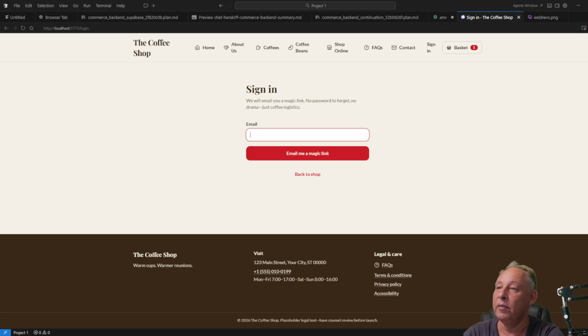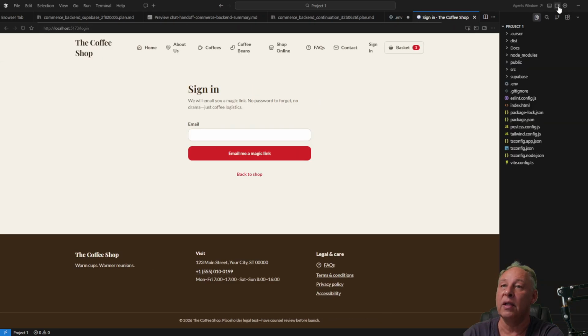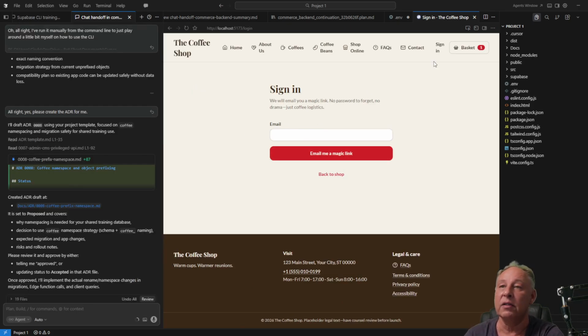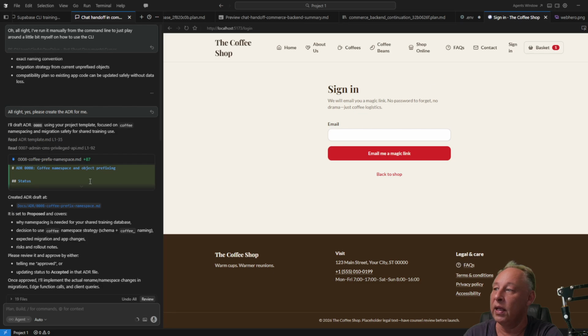in Cursor. I am in Cursor. I just hide these panels. Let me hide that one again. So there's a lot of things that happen that we will discuss in a minute. But if we look at our